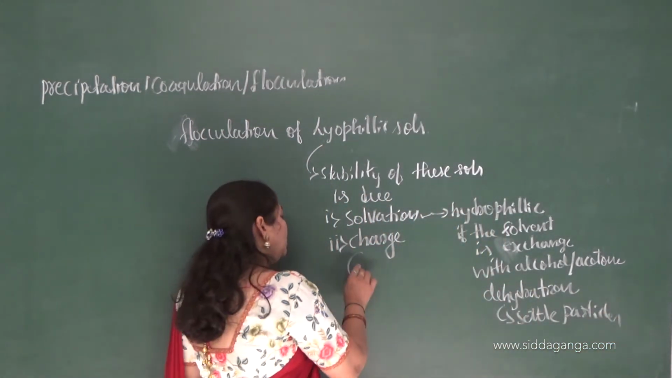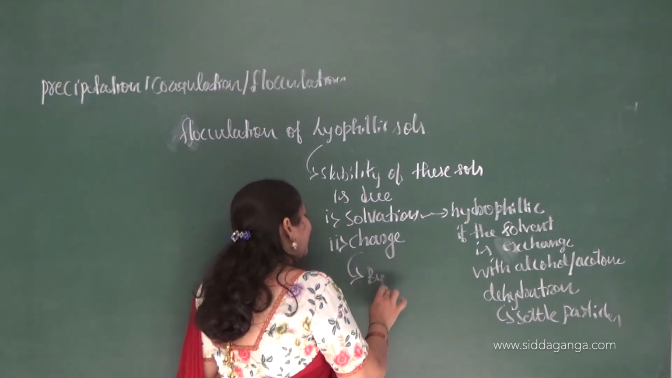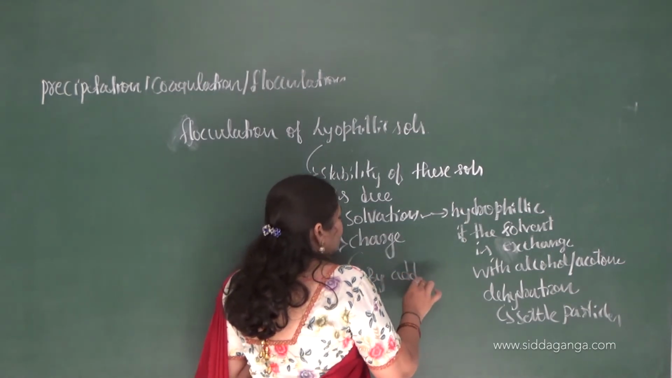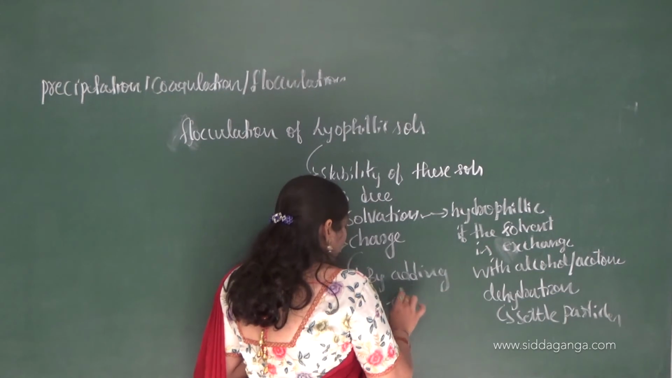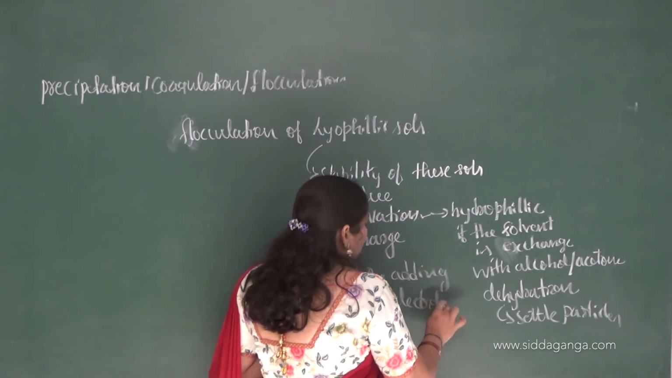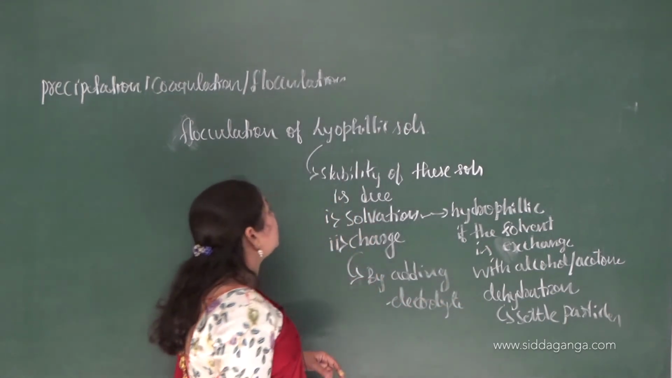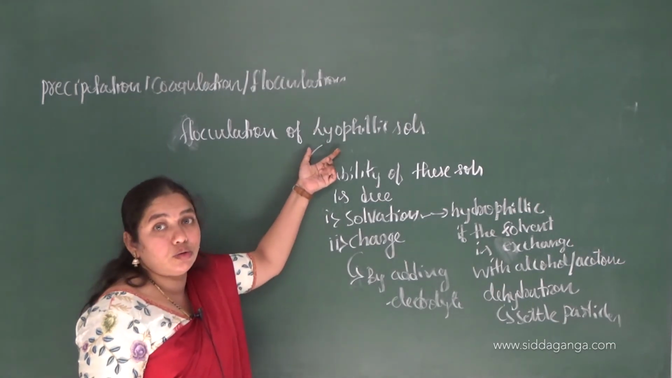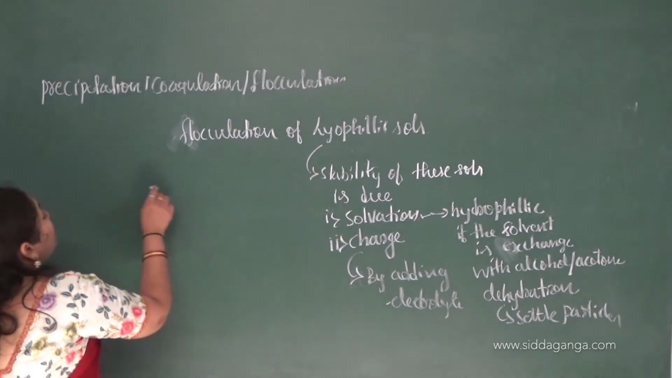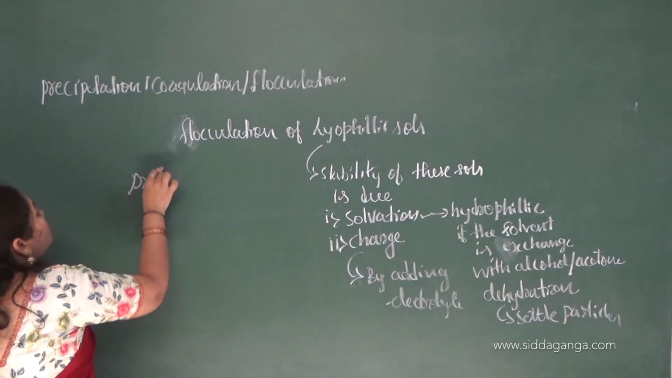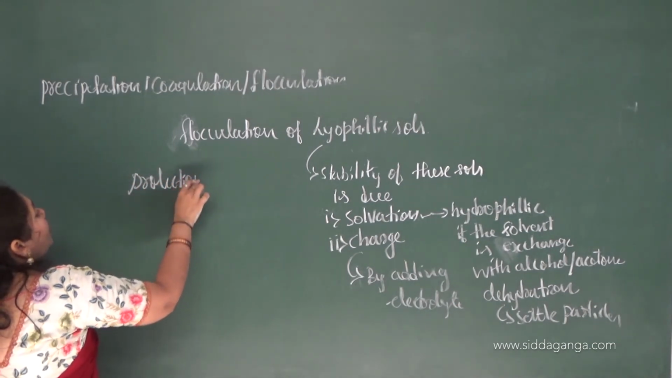How can you remove the charge of lyophilic sols? By adding an electrolyte. By adding electrolytes, we can remove the charge totally. We can flocculate or coagulate the lyophilic sols. Right. And if you come to the lyophobic sols, there is one concept there, protection